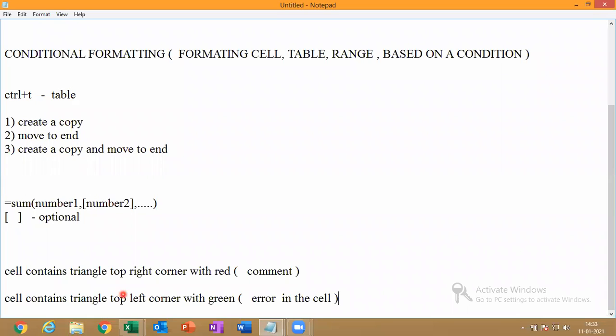There is an error in the cell, and there is a comment in the cell. Error is very important. Is that clear?